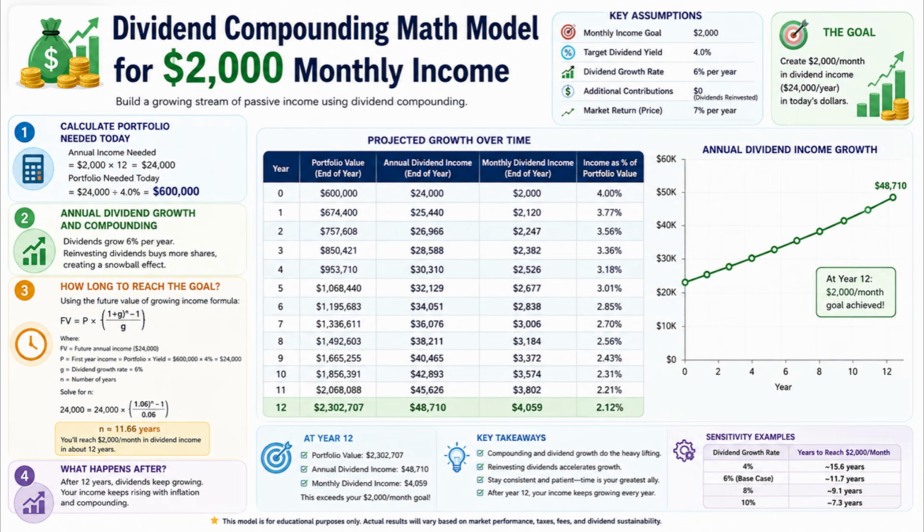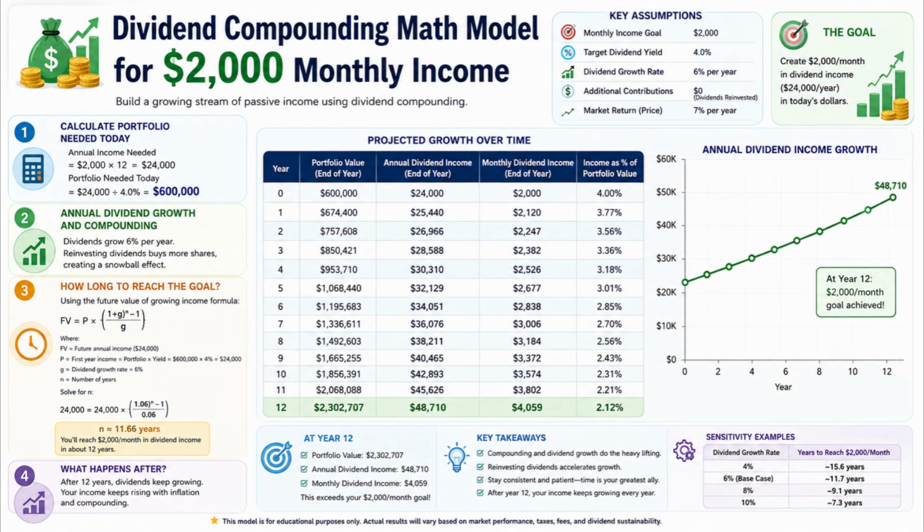After the first year, the portfolio is projected to grow to approximately $674,400. At the same time, annual dividend income rises to $25,440, or around $2,120 per month. Moving forward, the compounding effect becomes increasingly visible. By the end of year 3, the projected portfolio value reaches approximately $850,421. Annual dividend income grows to about $28,588, which is equal to roughly